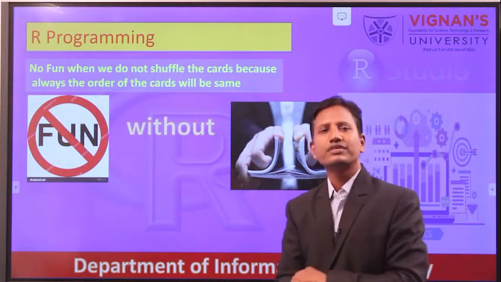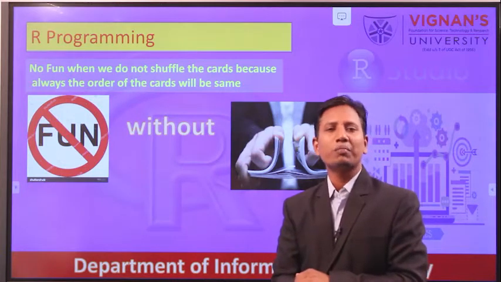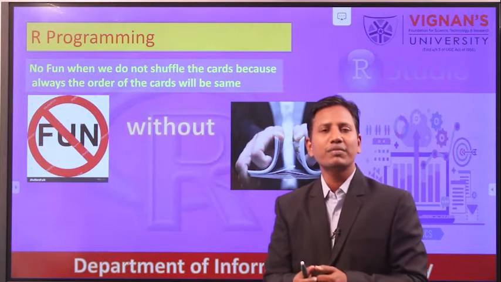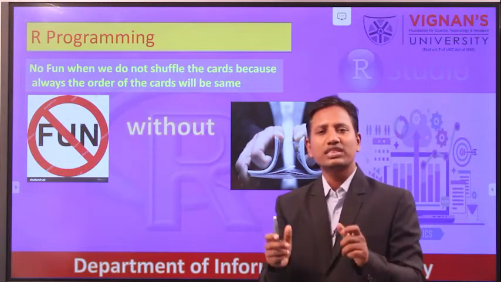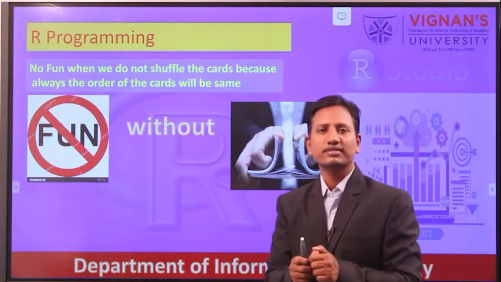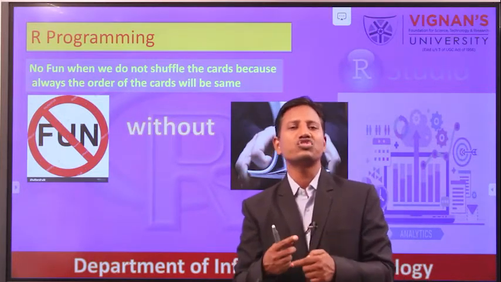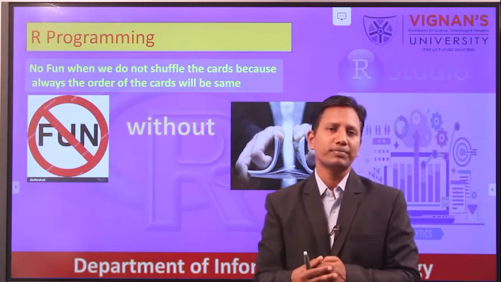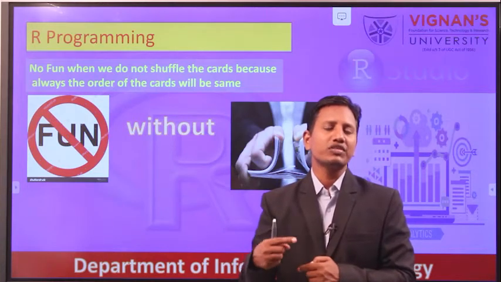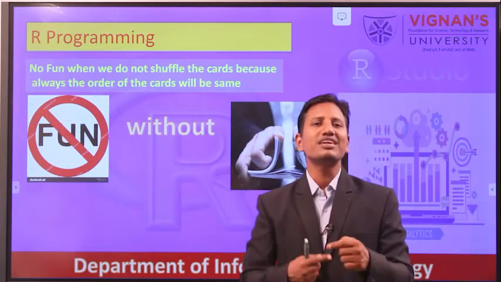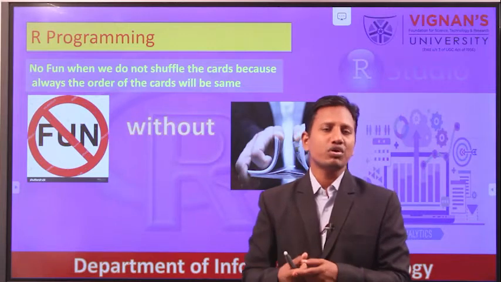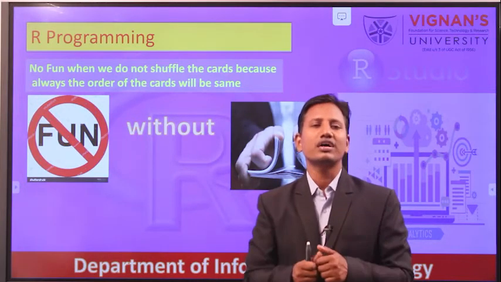And you might have known this one. While you are playing, before starting the game, we ensure that we thoroughly shuffle the cards. Why? Because the same set of cards should not repeat for the people. Every time the people should get a different set of cards. Because of that, we are going to shuffle the records.